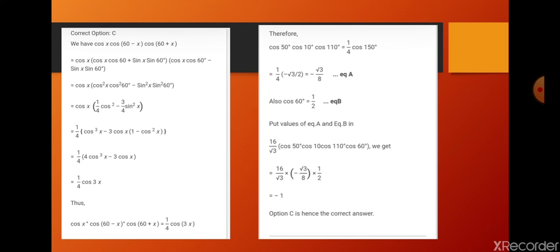Similarly, the value of sin square 60 degree will be 3 by 4 because sin 60 is root 3 by 2,